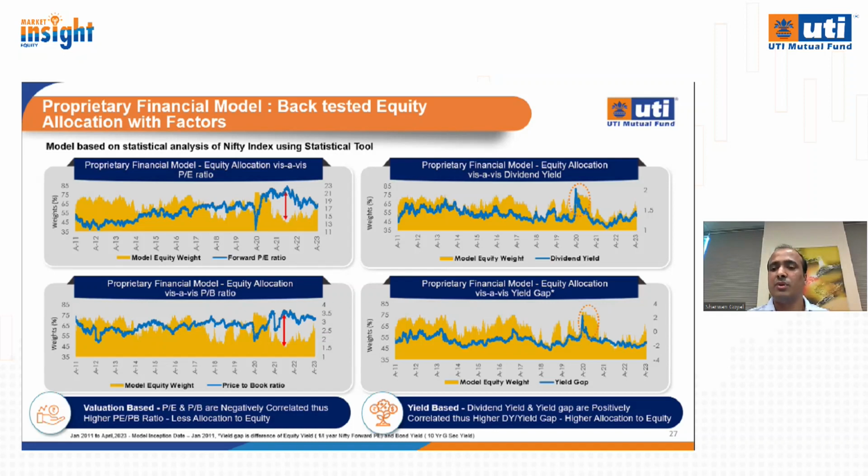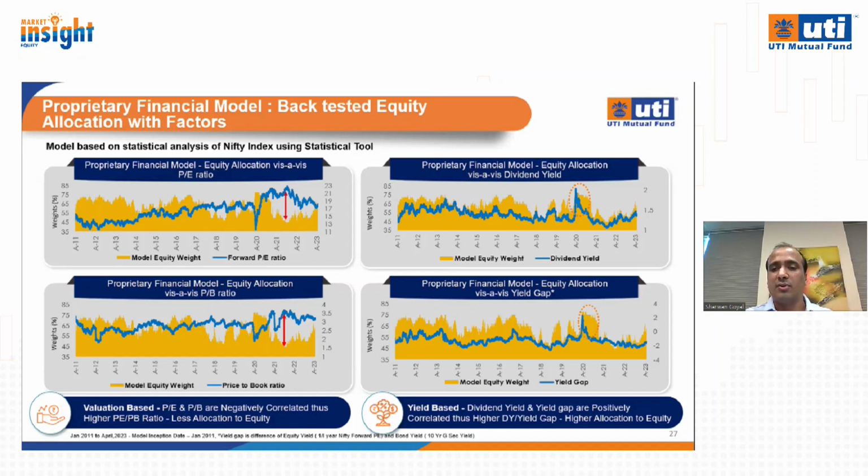And whenever dividend yield has fallen in that time framework, the model has suggested a reduction in equity weight. Similarly, on equity valuations vis-a-vis bond, which Vetri has also mentioned in his initial remarks, whenever equity as an asset class is trading at much more attractive valuation compared to bond, in that time framework, the model has suggested higher equity weight. So basis a combination of these four factors, rather than having a certain allocation to each and every factor, there is a statistical model which is combining these four factors,